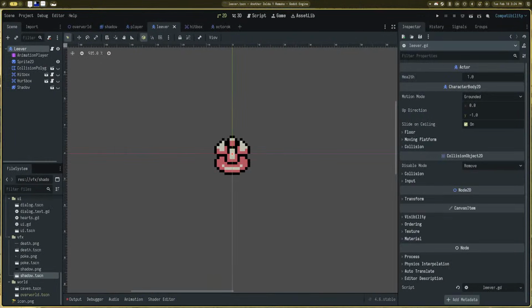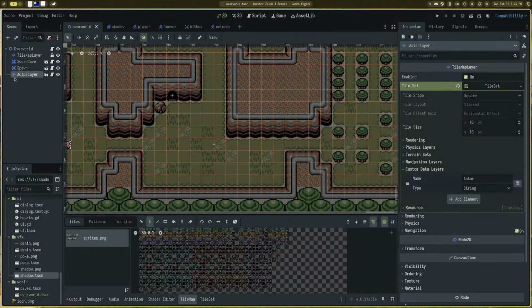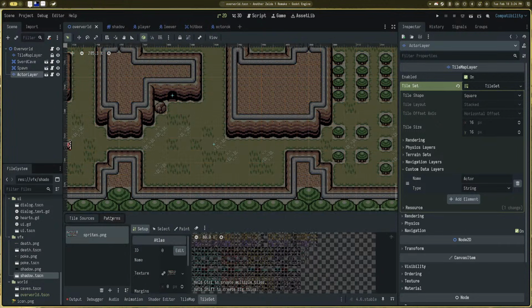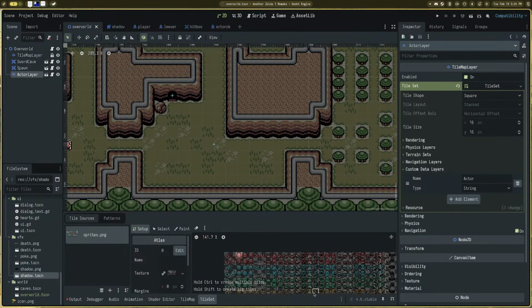So this should give us a very basic Leever. Now we need to add him to the scene, so we've got to add some stuff to our actor layer. Go to the tile set. We'll find the Leever